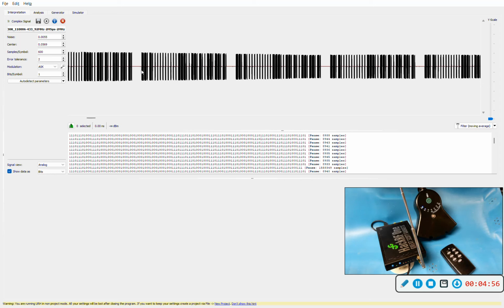So if we just take a small selection here, it will drop that down here into this lower window, and you can get down and look at these bits. You see 3 ones, a 0, 3 ones, a 0, 1, a 1, 3 zeros, and so forth. So at 2 million samples per second, which is what we're sampling here, there's a lot of data, but you see it repeating, and it's not too hard to figure out this protocol, or this arrangement of on-off keying,